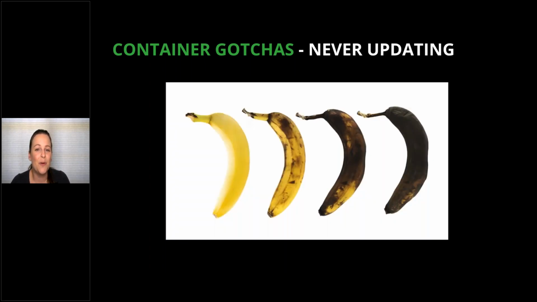This is a pretty big security issue. Never updating. It's easy to get complacent and not pay attention to what is actually being pulled in when you build images. Not only do you need to be aware of outdated versions you specify in your Dockerfile, but you need to pay attention to what's in the base image it's coming from. Not updating those packages and libraries inside your container can lead to some pretty embarrassing results, especially when there are tools readily available now that will alert you when security issues have been discovered with specific artifacts.